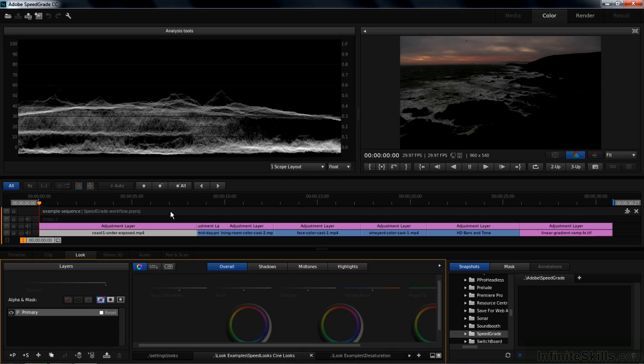If you take a look at the timeline, you see there are no controls for video or audio. It's just video. You can't turn it on or off, and there is no audio when you work with a Premiere Pro sequence. Off to the right here, there are a couple of buttons.